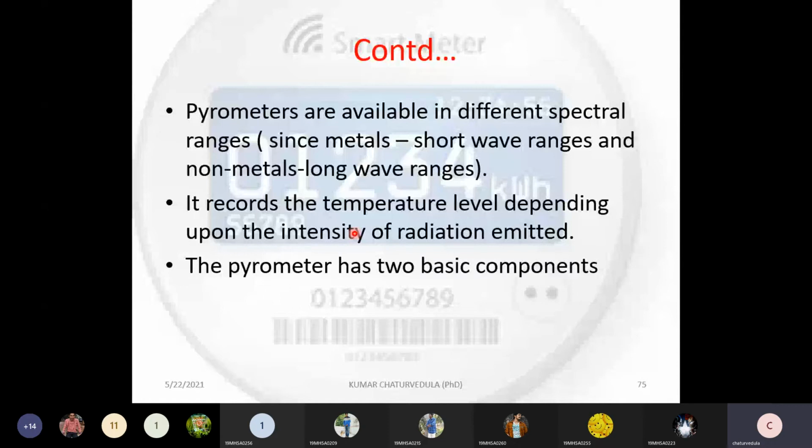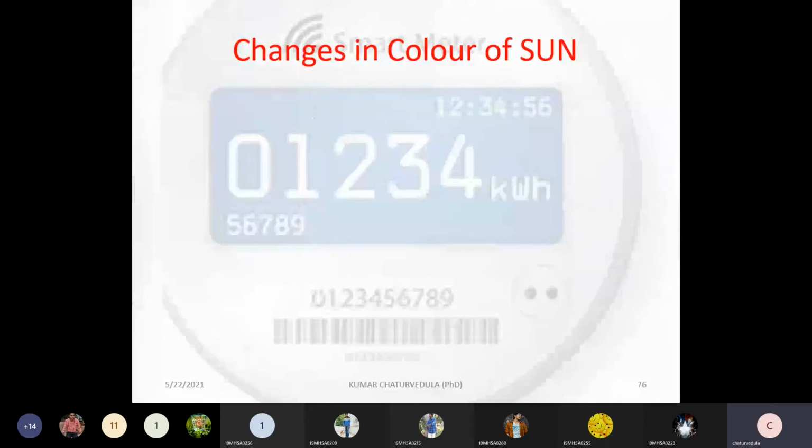The basic components of a pyrometer are the optical system and the detector. These are the two basic components that are required. Apart from these, we are going to have a filament and a variable resistor. We will see the schematic diagram. Before that, I want to explain the basic concept of how we observe the changes in temperature, because it is purely by visualizing, by looking at the object's temperature variation, that we are going to state the exact value.